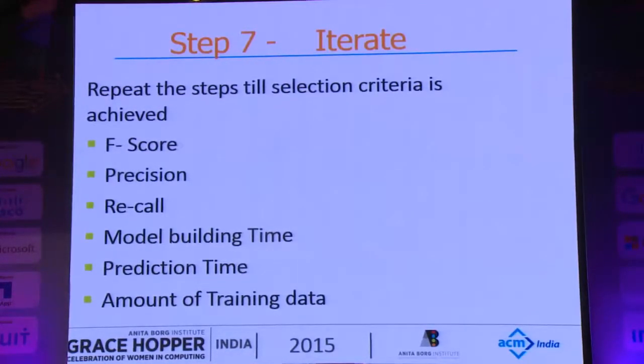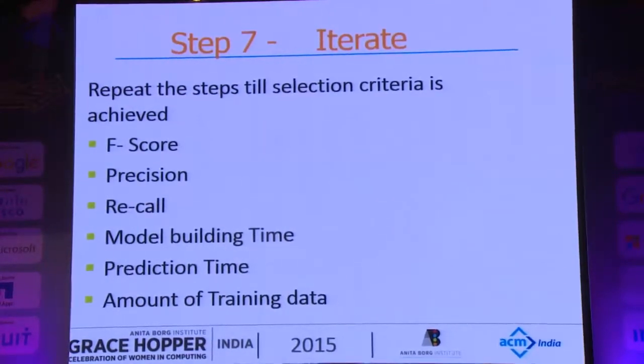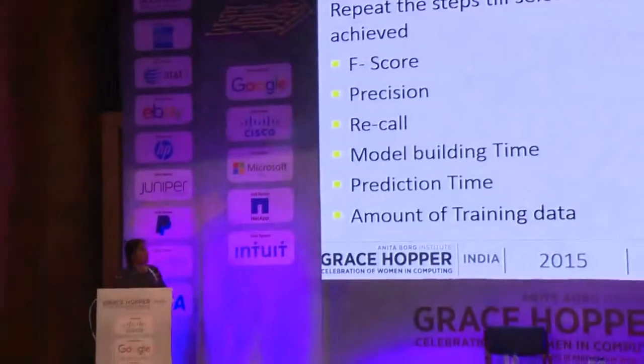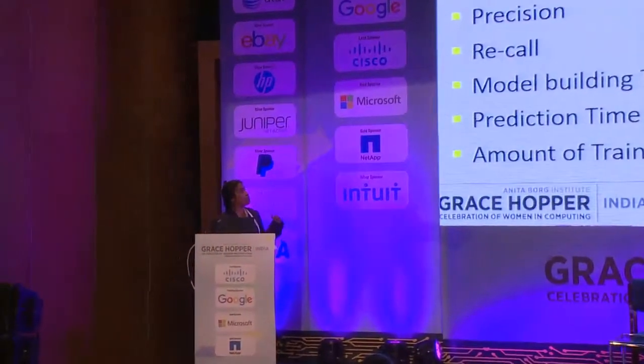Again, these are not the only ones, but these are some of the most important ones. You can use the precision, the recall, and the F-score from the accuracy perspective, and from the non-functional perspective, the model building time, the time to predict, and the amount of training data you have. These also play a very important role in evaluating which algorithm you want to use. If you see the metrics, I would just touch upon the recall and precision. These are very important. They are simple concepts, and once you get a hang of them, you could understand much of your machine learning, at least the accuracy of your classifiers.